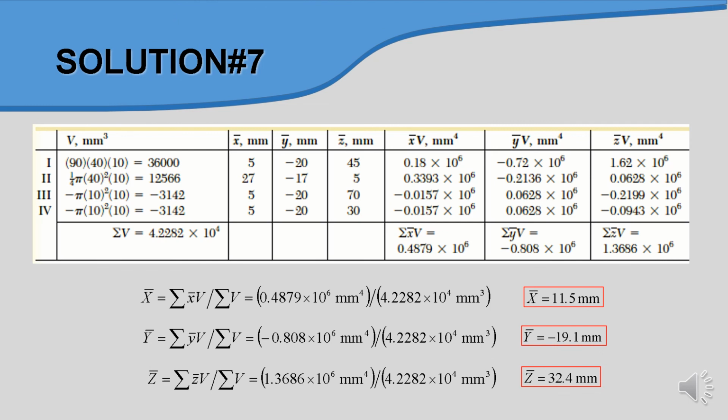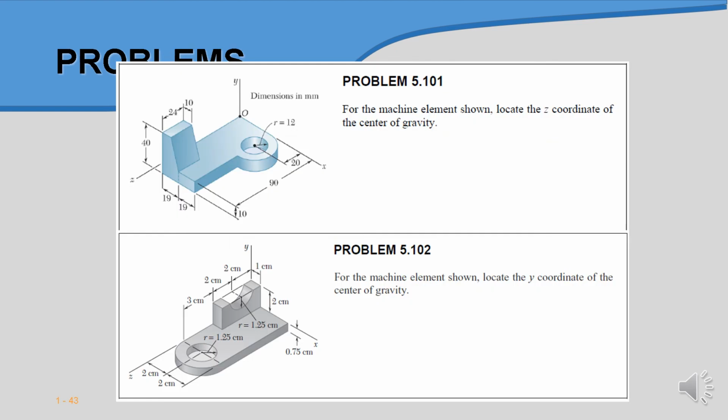Okay, so the main point is we need to use a table, and then what may be quite tricky is getting the values of x bar, y bar, and z bar. So you need to determine the value based on the coordinate system. Okay, and then the location, whether positive or negative. So maybe you can spend your time trying to get the answer for the different shapes here.